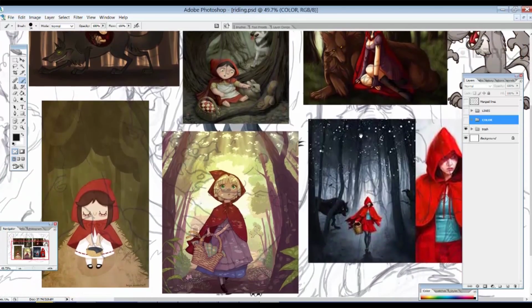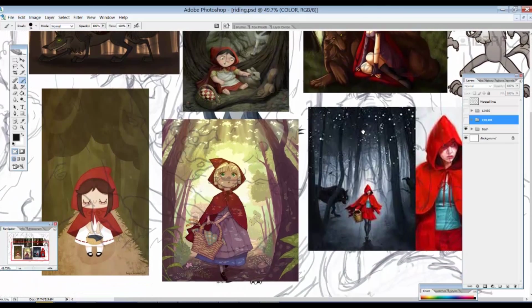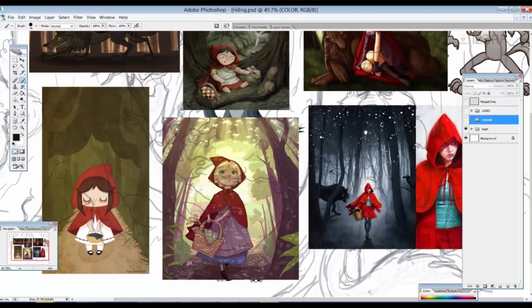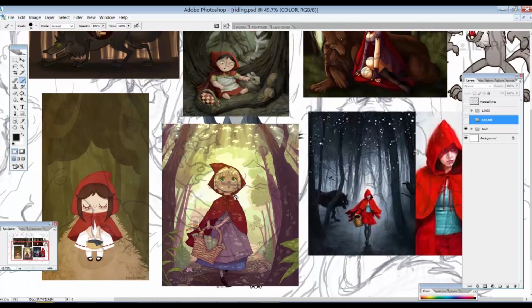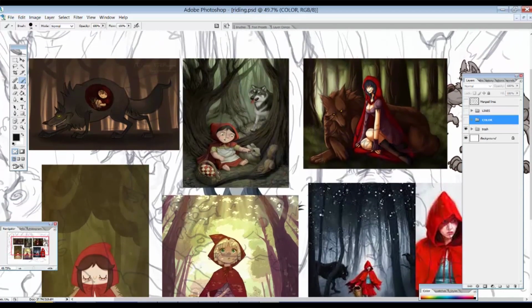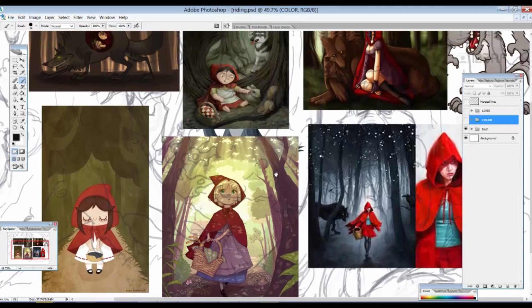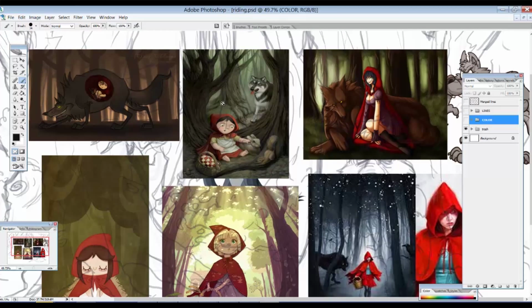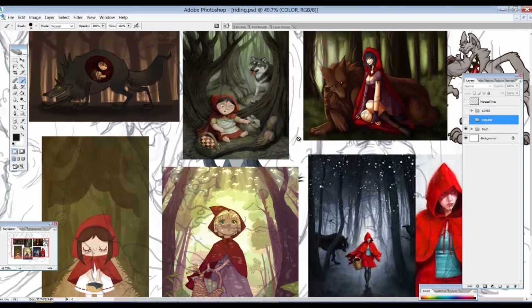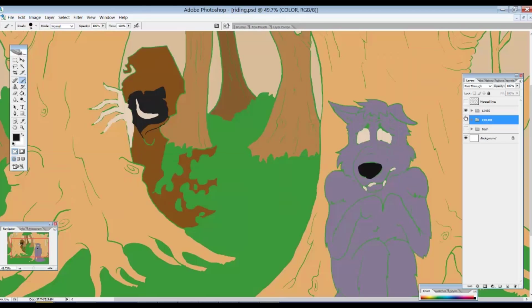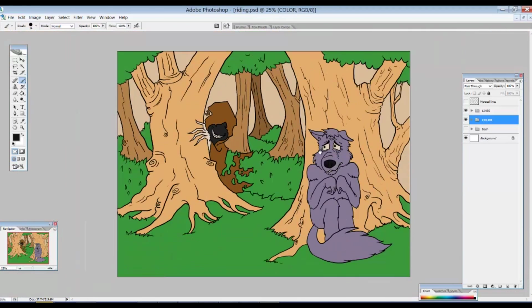I want a dark atmosphere, but at the same time, a kind of playful atmosphere. This color scheme over here is my favorite one, and it's something that I want to emulate. But at the same time, something like this would appeal to me, and maybe some of these three I would like to emulate. So I'm gonna hide this once again. I'm gonna show this once again, and let's